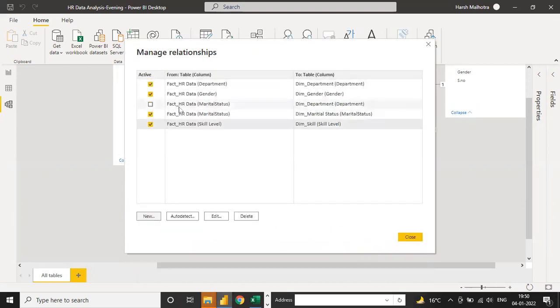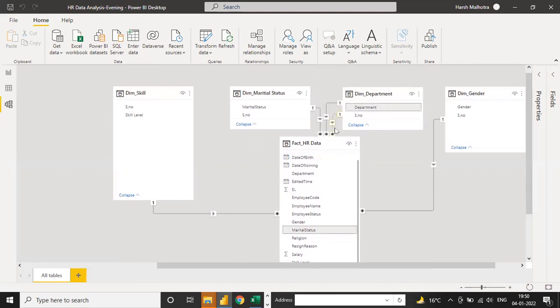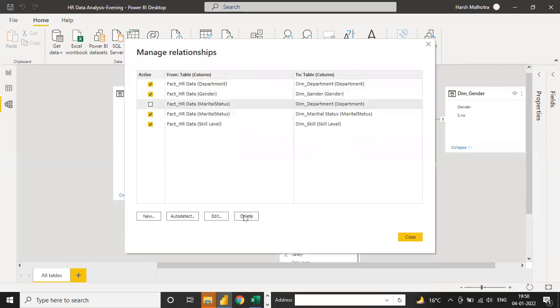You can see here the relationship is made. If I click close, you can see in the backend this dotted line. This dotted line shows you the relationship is made, but it is not an active relationship. And how to make this relationship active, we will discuss in DAX functions. Because in DAX we have one important function, which is USERELATIONSHIP. Then this relationship will go from inactive to active. But now we don't need it, so I'm clicking on Manage Relationships, and just deleting this one.